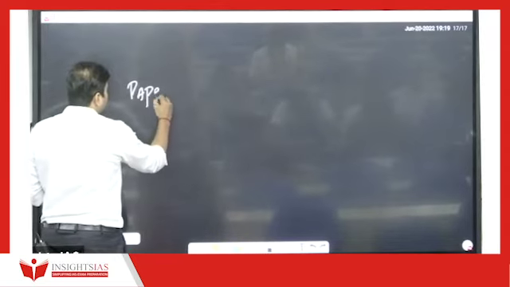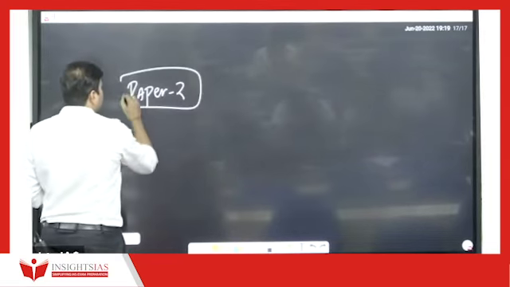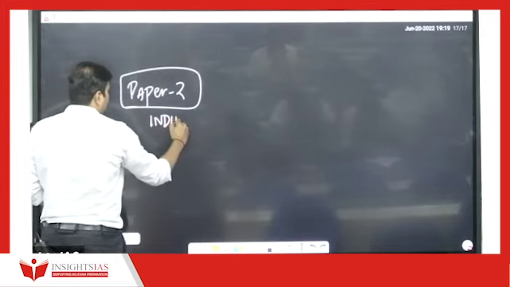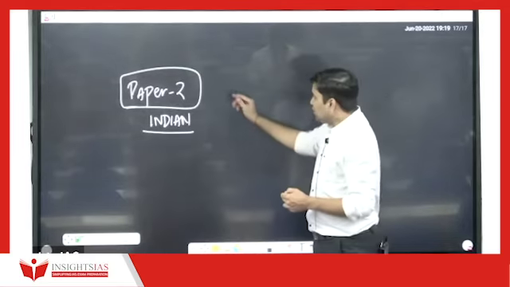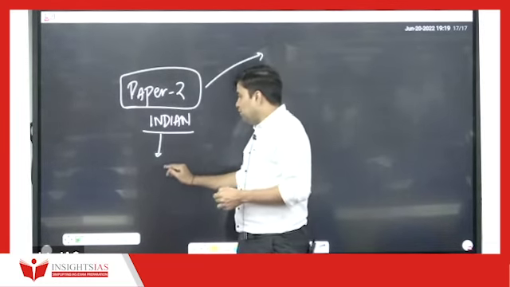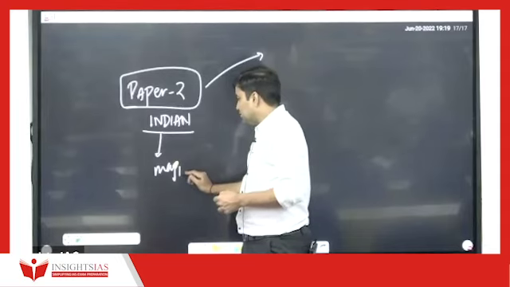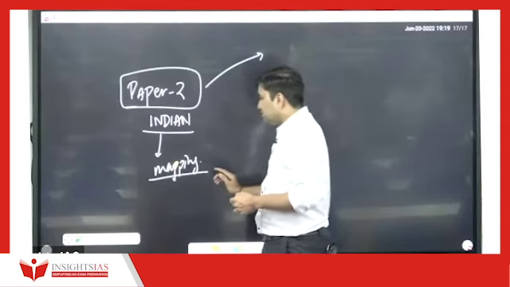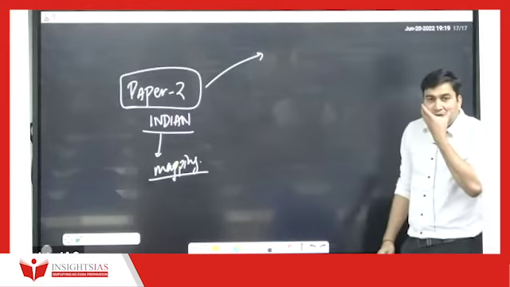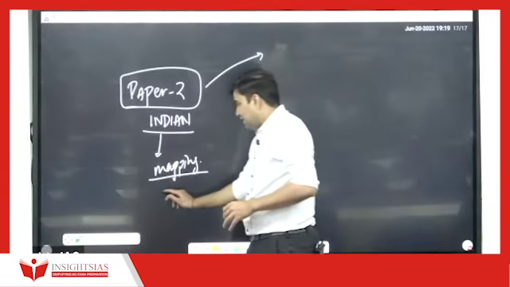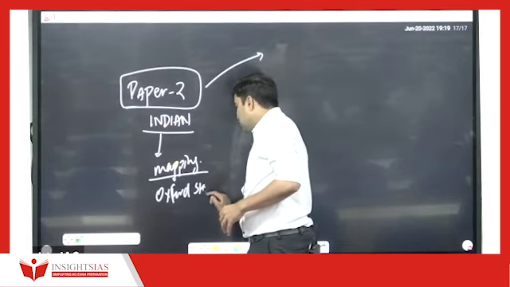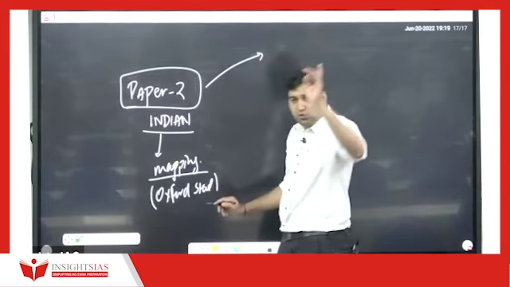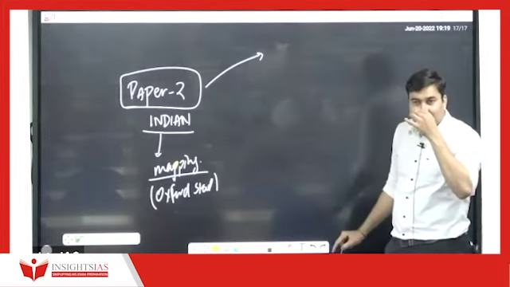Now, Indian geography, that is paper 2. For Indian geography, the important component is mapping, right? Compulsory questions are there on it. For mapping, you should again have, as I mentioned, the compulsory Oxford Student School Atlas, the one which I told you in the basics, that is needed here.